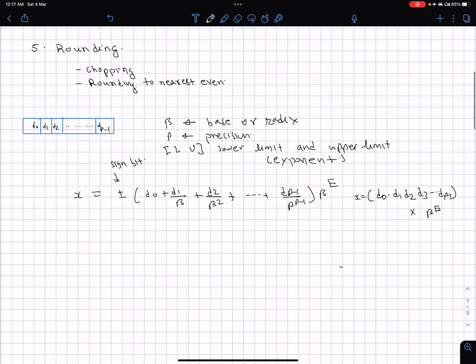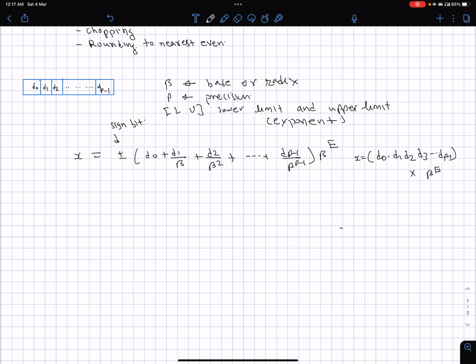So for example, if you are on a calculator, like an HP calculator, beta would be